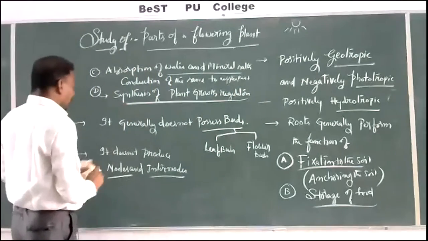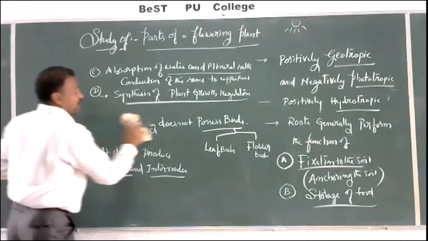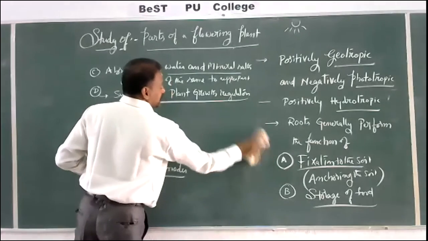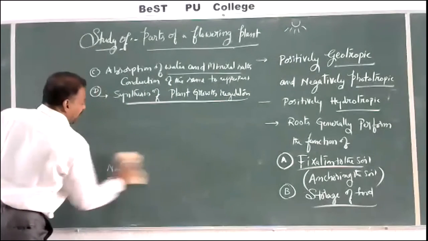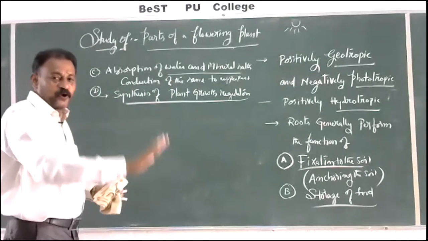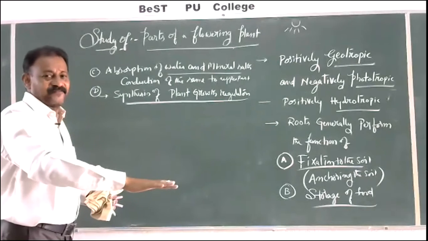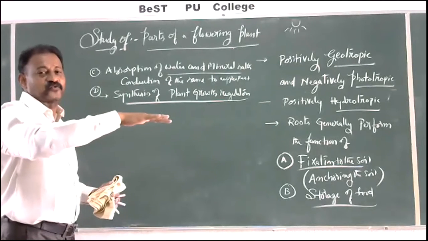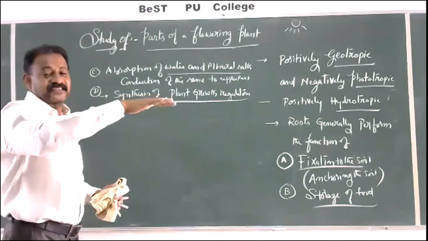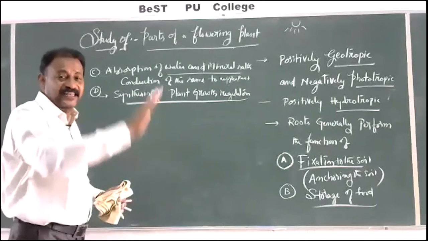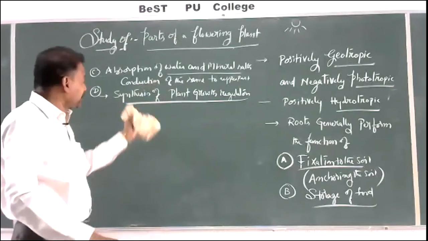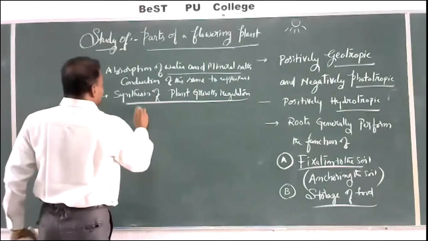Plant growth regulators, which are called plant hormones. Plant hormones which will regulate the growth. At what stage it has to form flower, at what stage it has to form leaves, at what stage it has to produce fruits. All these things are regulated. How much it has to grow, all these things. Growth regulators like